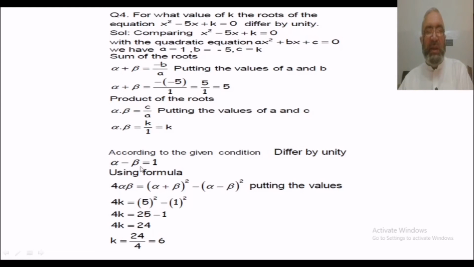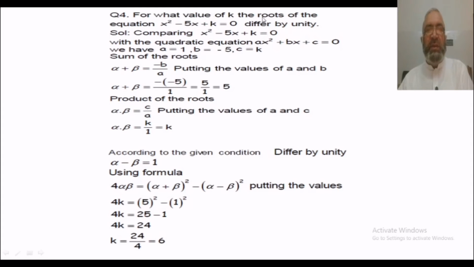Differ by 3. Question 5, the same relation is given. The roots of the given equation differ by 3, so we will write alpha minus beta is equal to 3. That is one method, the simplest one. Second method of this question is